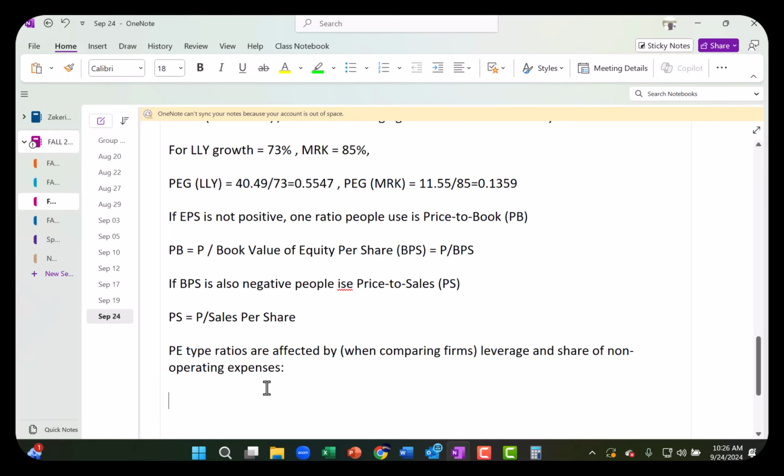Let's say I'm comparing NVIDIA and Microsoft based on some type of PE ratio. It may even be a growth adjusted one. It's okay. But one of the problems is, as I just mentioned, NVIDIA has a lot of non-cash expenses. A, they have depreciation because they have hardware. They're a hardware company. And B,